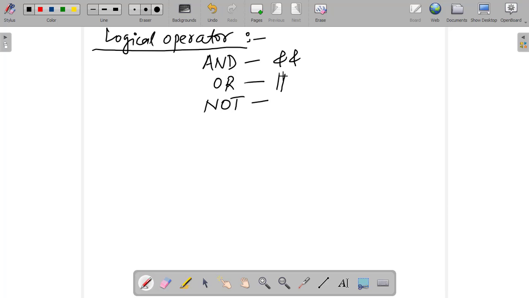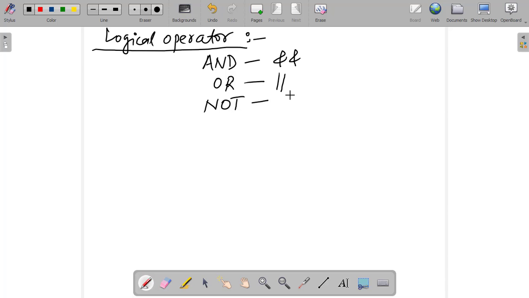On the laptop there is an enter button, and above the enter button there is a backslash. That backslash key also has the pipe symbol. That is not the number one. That symbol will be the pipe symbol. So these two pipe symbols will be our OR operator.